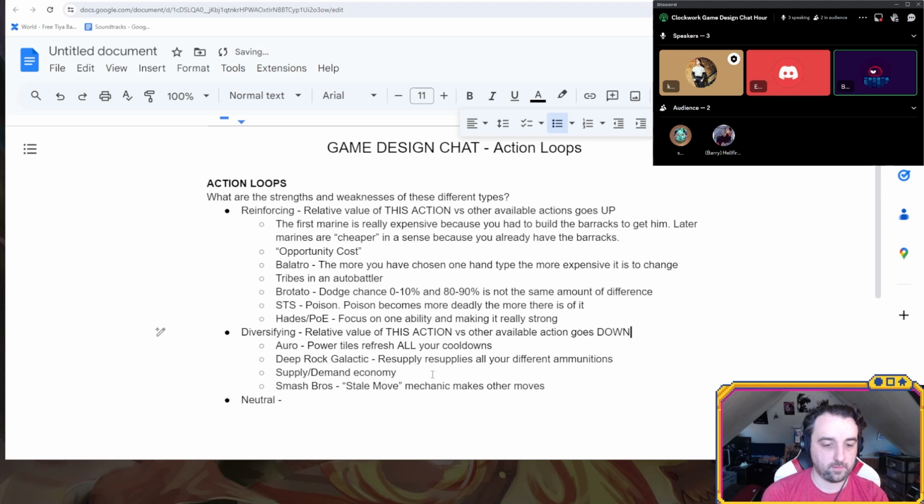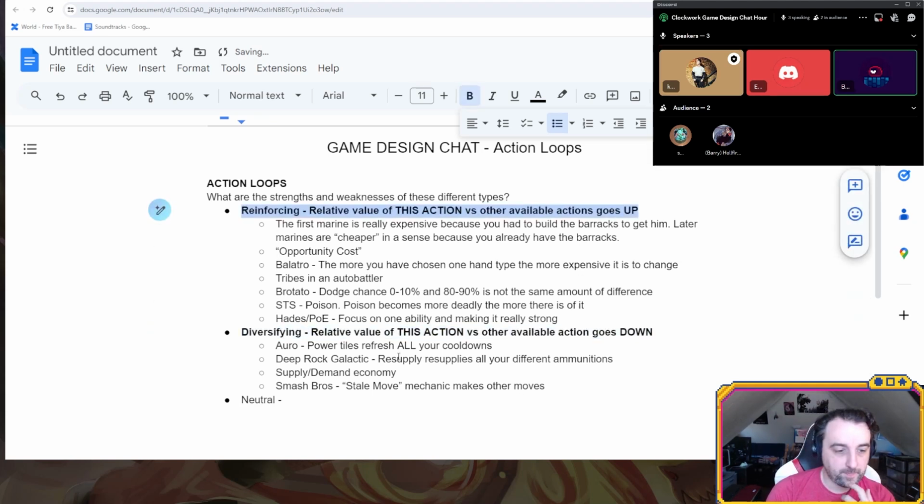So one example of that is various versions of set collection. A basic example would be a crafting system where, if you're trying to make something, you need a bunch of object A and a bunch of object B and a bunch of object C. Doing more of the stuff to get a ton of object A isn't going to help you. Which kind of action is this then? Well, this would be diversifying, because you're not really benefited by just doing a bunch of stuff that gives you item A. You have to do the stuff to get A, B, and C.